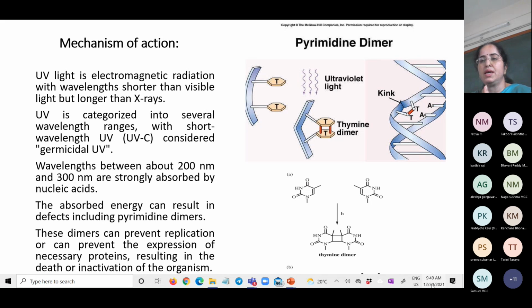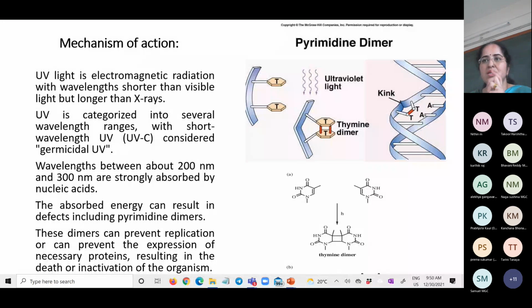They are paired with each other: AT has 2 bonds. Adenine is paired with thymine with the double bond. Then GC has 3 bonds, guanine is bonded with cytosine with a triple bond, 3 hydrogen bonds. So this way you can see that when the ultraviolet light is absorbed by the nucleic acid, what is happening here? The thymine, which you can see here, will form a dimer. So in place of one base thymine, there are 2 bases. So what has happened? The structural change is there.